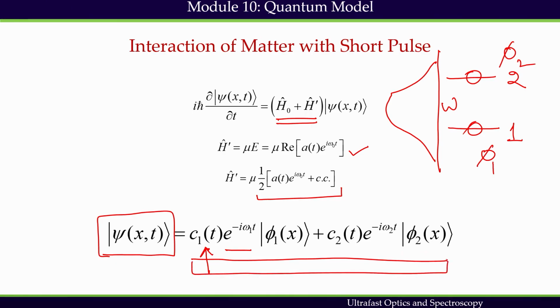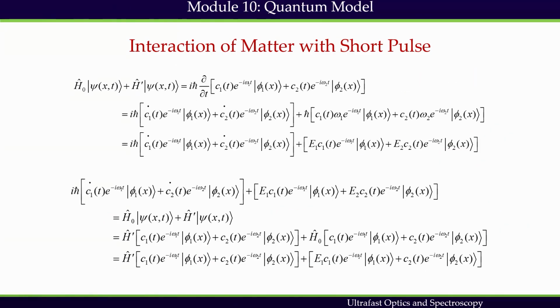This superposition state here is created due to excitation by a pulse, and that is why we are representing the final expression, a tentative solution of that wave function, as a superposition of these two states. So, all we need to do is insert that expression